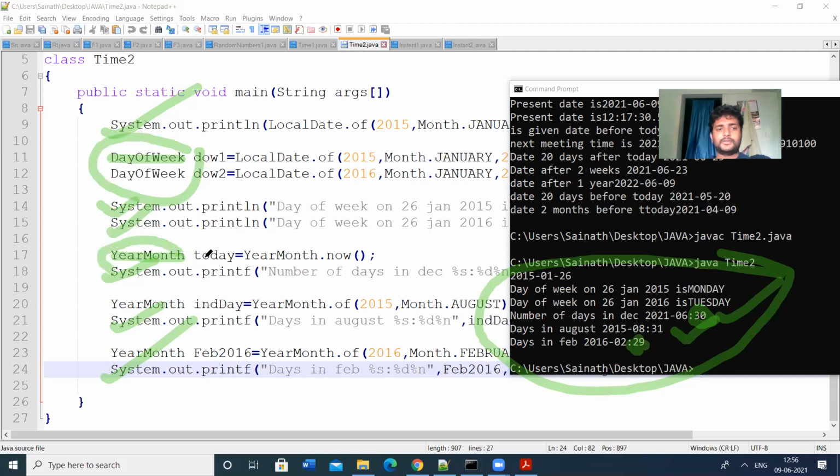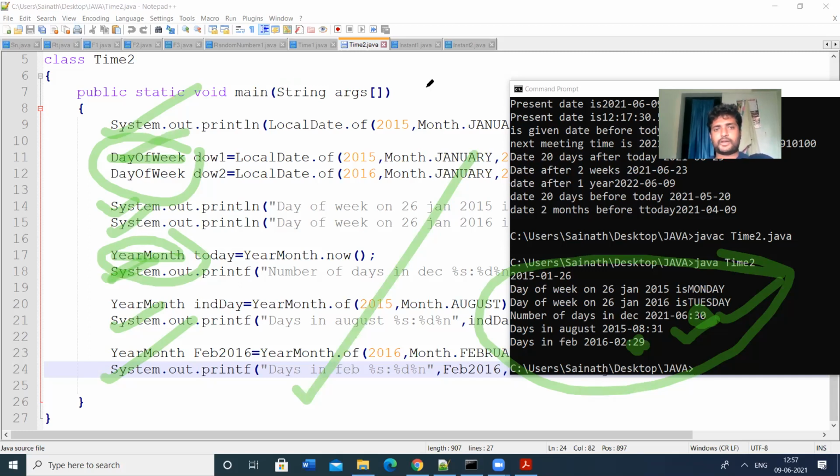Next, by using YearMonth, we can get the number of days in the month, like how many days in November 2015 or November 2022. We have so many methods to implement. So this is the program to illustrate the concept of the DayOfWeek class as well as the YearMonth class.